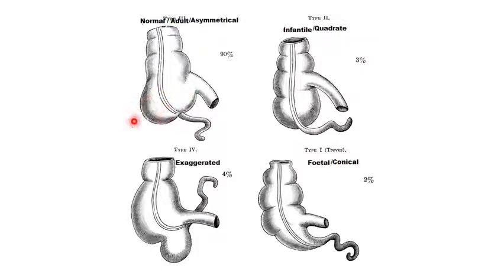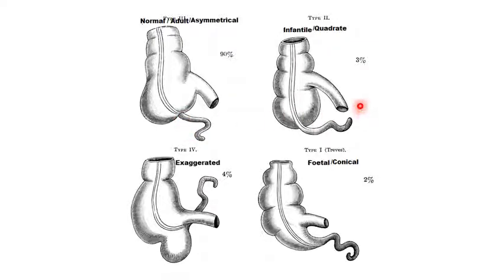But if there is any developmental arrest in the shift of the appendix, then various types of cecum can be seen. The first is the normal or the adult type. It is present in 90% of the population. In this, the right cecal pouch enlarges more than the left one, and the appendix is situated about 2 cm below the ileocecal junction.